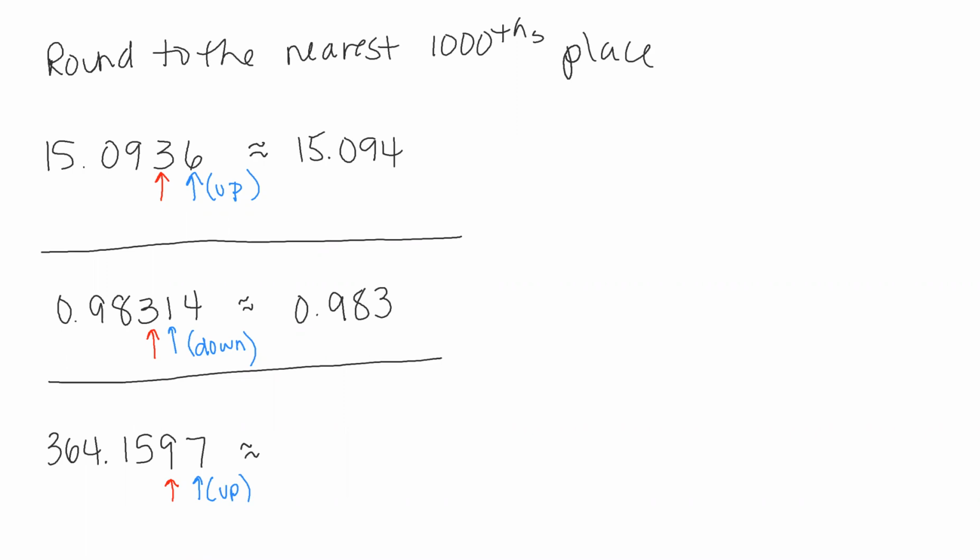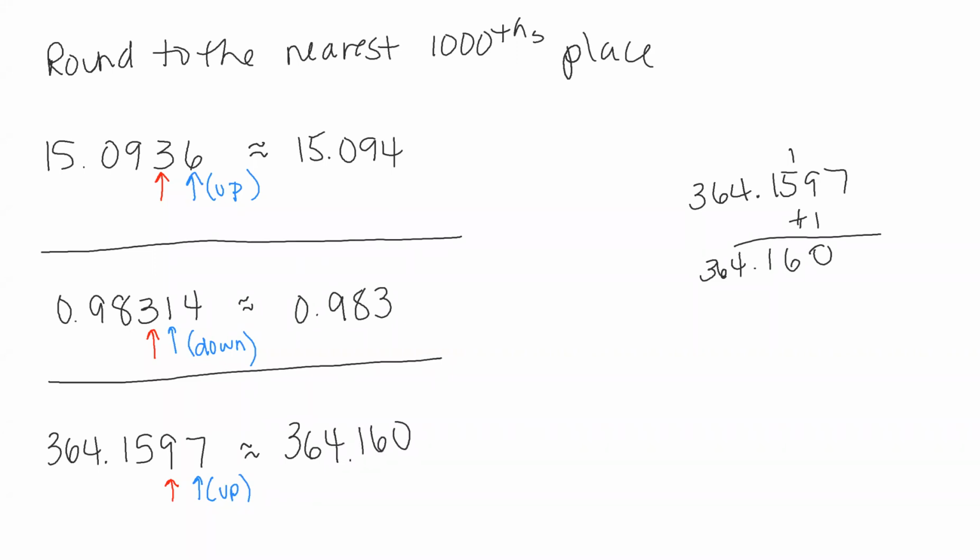So adding 1 to 9 makes that, I'm going to do a little side work over here. We're going to add 1 to the 9. It makes it a 0 because it's really 1 plus 9 is 10. So I keep the 0, carry a 1. 1 plus 5 is 6. Drop down the 1, the 364. So we would say this is approximately